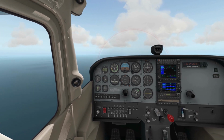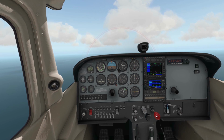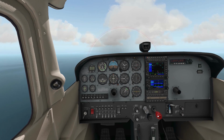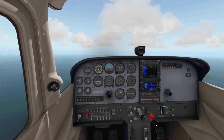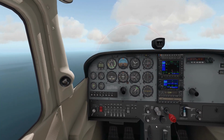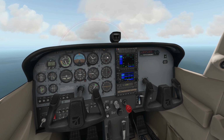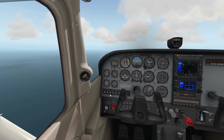Just going to quickly check. Actually, I wonder if I can lean the mixture a bit. Probably not a good idea. I think I'll keep it relatively rich. I'm not in a hurry for fuel consumption. I'm quite happy to burn through the fuel that I've got. I'll flick that over to GPS. Not that I'm actually going to use it, but